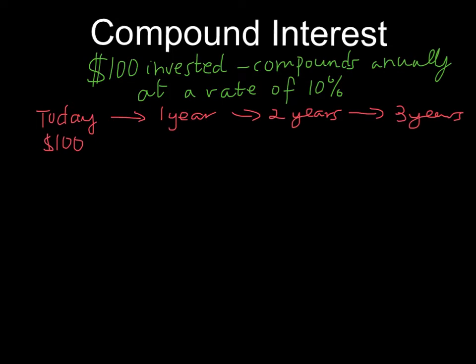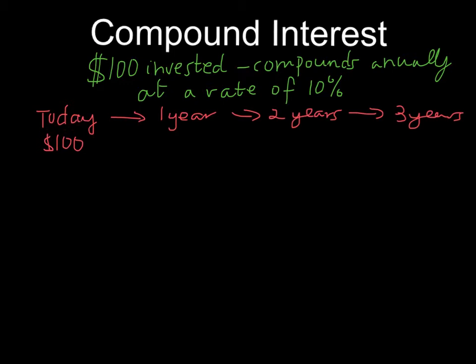Compound interest is when you don't only earn interest on your original principal, what you invested, but you start earning interest on top of the interest that you earn. So let's say I invested $100 and it was compounding annually. That's every year. It can compound monthly, weekly, annually. So this one's every year at a rate of 10%. So if I start with $100,